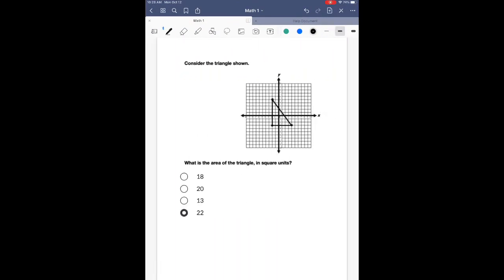On number 12, it says, what is the area of the triangle? So in order to find the area, we need 1/2 the base times the height. So the base and the height are pretty much going to be us counting the spaces, because they're both horizontal and vertical. So all we have to do is count those. So we have 1, 2, 3, 4, 5, 6. So that's going to be 6. 1, 2, 3, 4, 5, 6, 7, 8. So area is going to be 1/2, 6